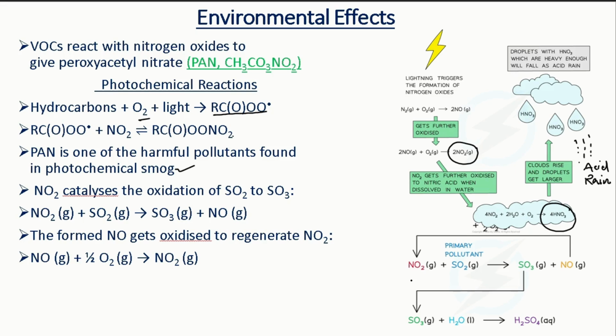Nitrogen dioxide also helps in the catalysis of the oxidation of sulfur dioxide. Once it reacts with sulfur dioxide, it converts sulfur dioxide into sulfur trioxide, and that sulfur trioxide, when it comes in contact with water, forms sulfuric acid, which is also dangerous for materials and for buildings. So this is all about the environmental significance of these